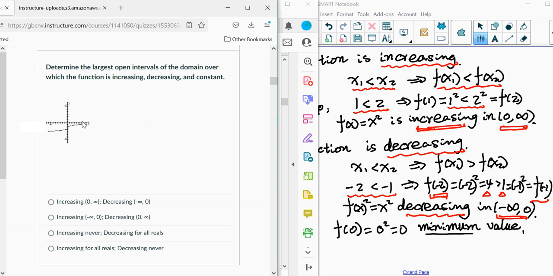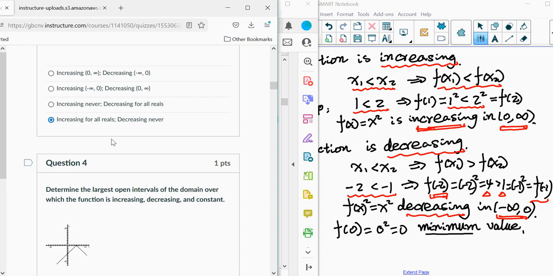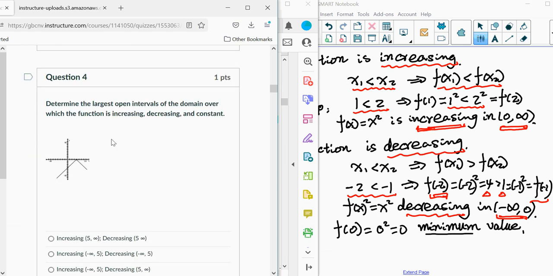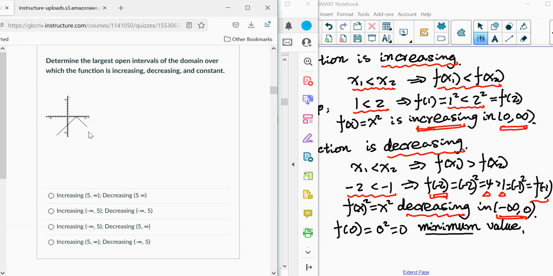From the left to the right, points y goes higher and higher. So in this case, we will see increasing for all real numbers. See the trend. Okay? That will be the answer. Now, question 4. Question 4 right here is